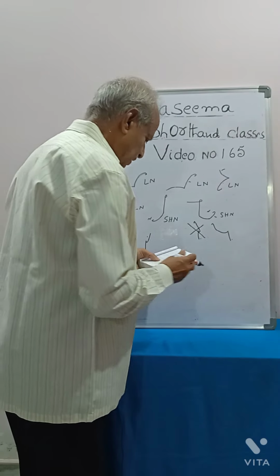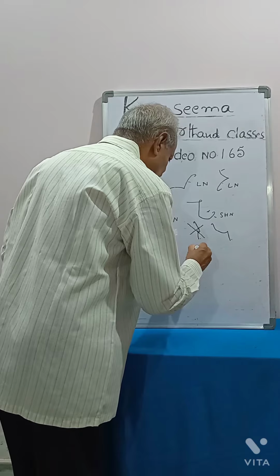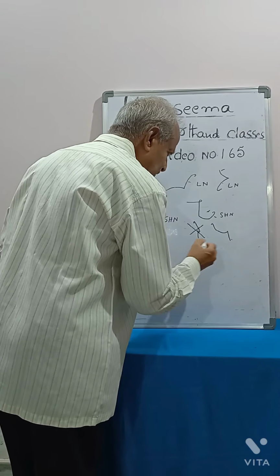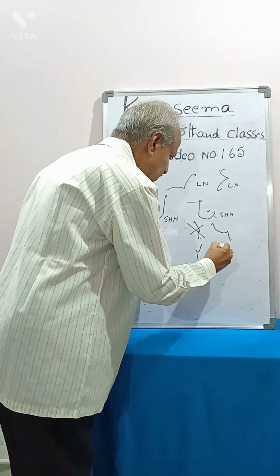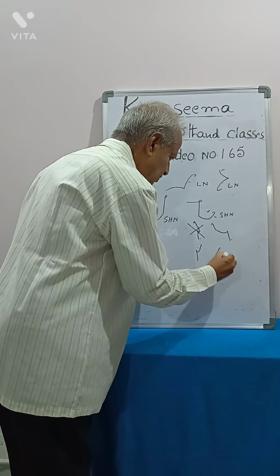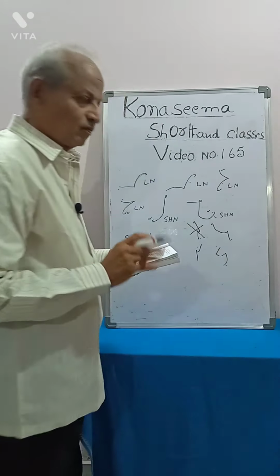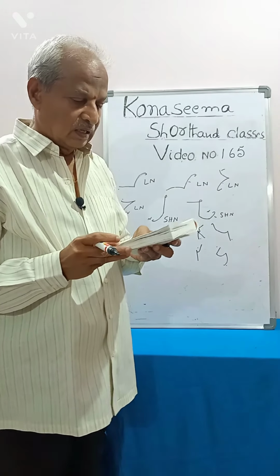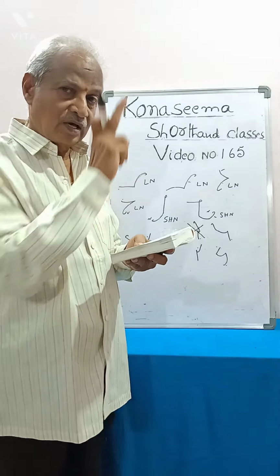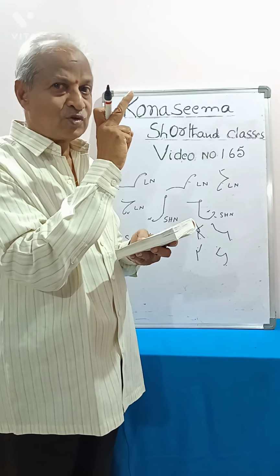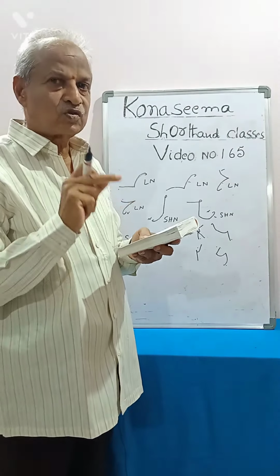Here you see agency, agent we wrote like this, agency we can write like this for convenience. Like that, suddenly, in suddenness we have used an hook, but here full stroke is